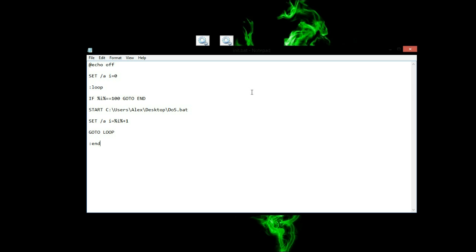What is happening here is the script is reading the code. It's gonna start with I equals 0, and we're gonna enter the loop. If I is different than 100, it's gonna read the next line, which will open our window and change the value of I. It will increase its value by 1, and get back to the beginning of the script. It's gonna check it again, and we'll do this process till I is equal 100, and then go to an